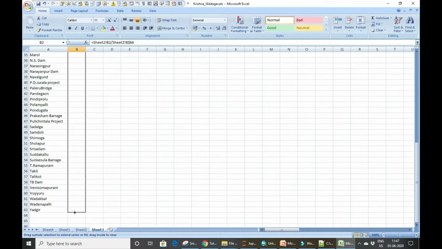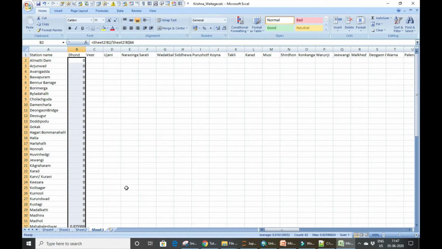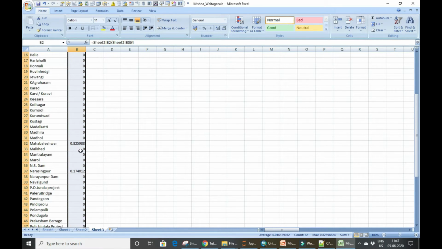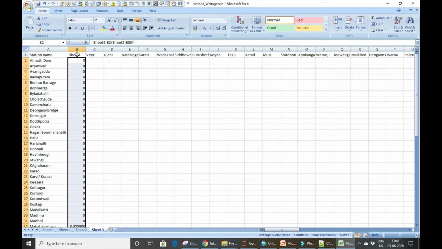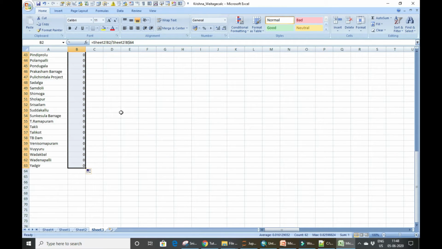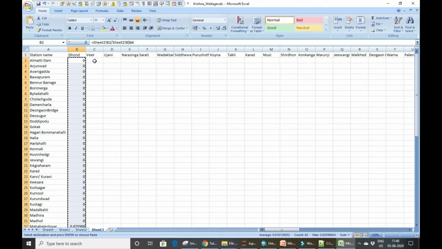Enter, I get this value. So when I drag this, I get the total in terms of fraction. So this Mahabaleshwar station contributes 82% of the rainfall to this Dond subcatchment.